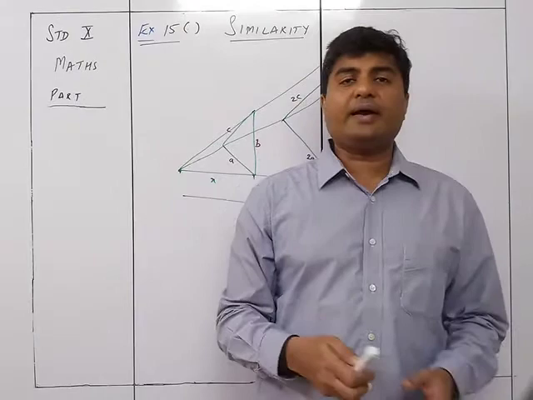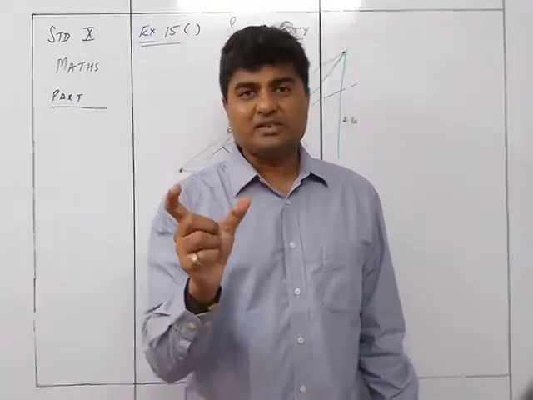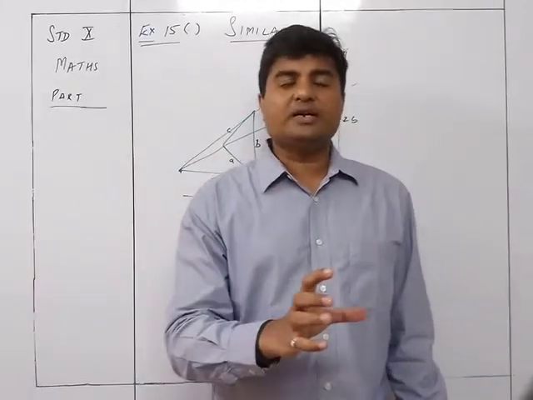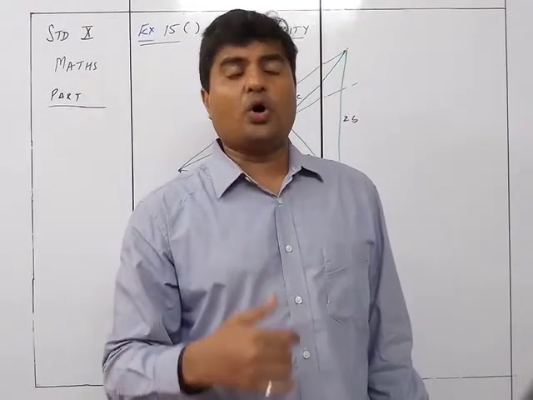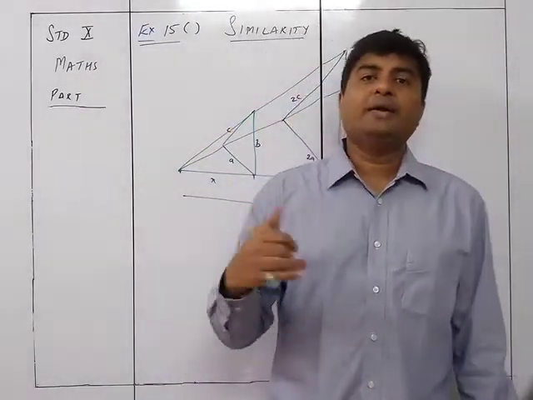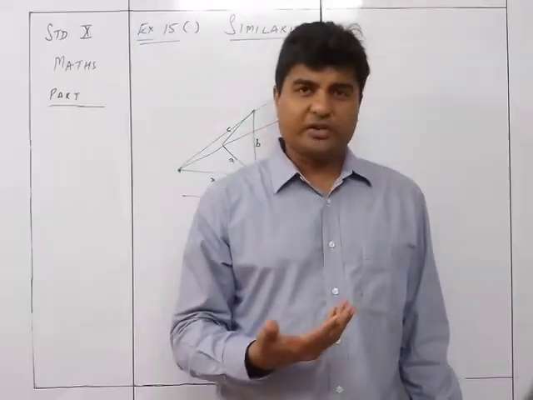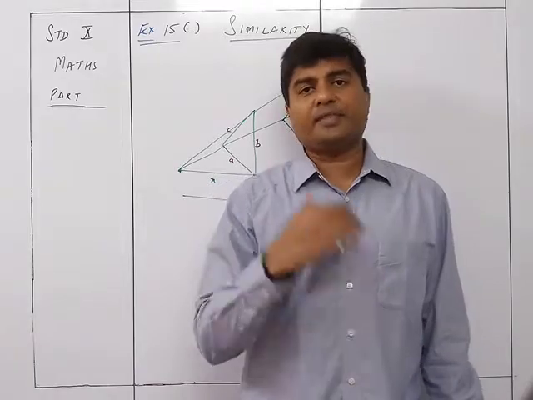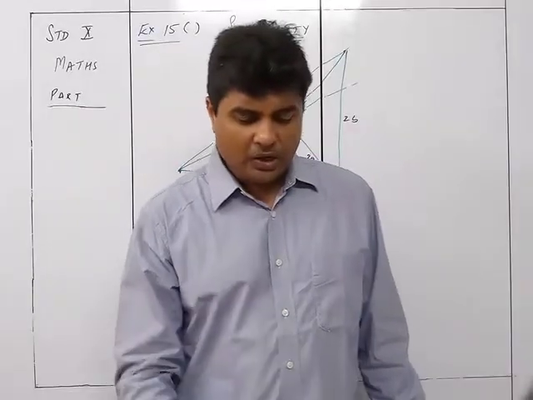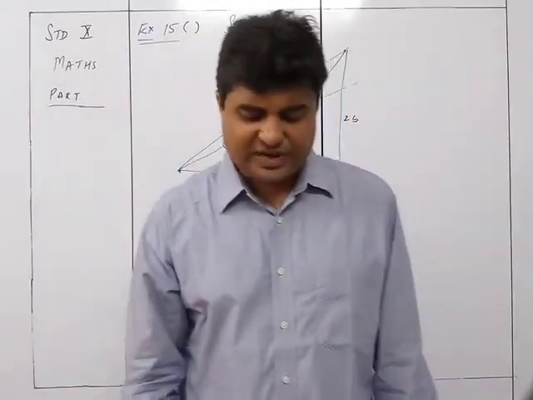So what is there in enlargement? If you know one distance, and it is twice the original distance, then all the sides of the triangle, of a quadrilateral or a line will always become double the original one. If it is 3 times, then everything becomes 3 times. If it is 4 times, everything becomes 4 times. That is the first part of the chapter, that is called the size transformation.